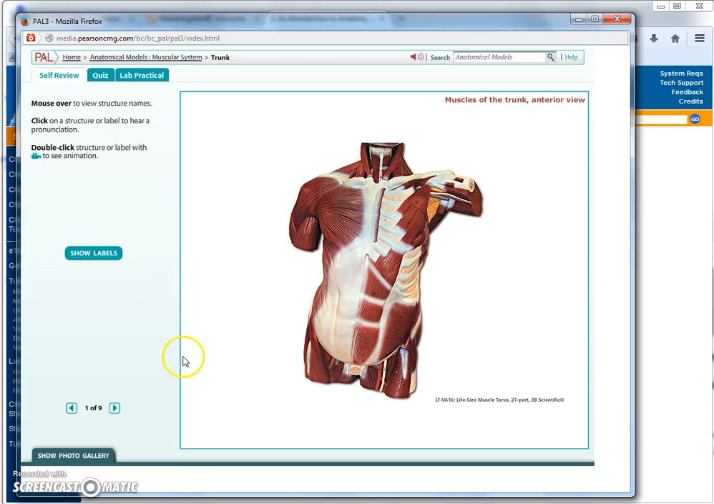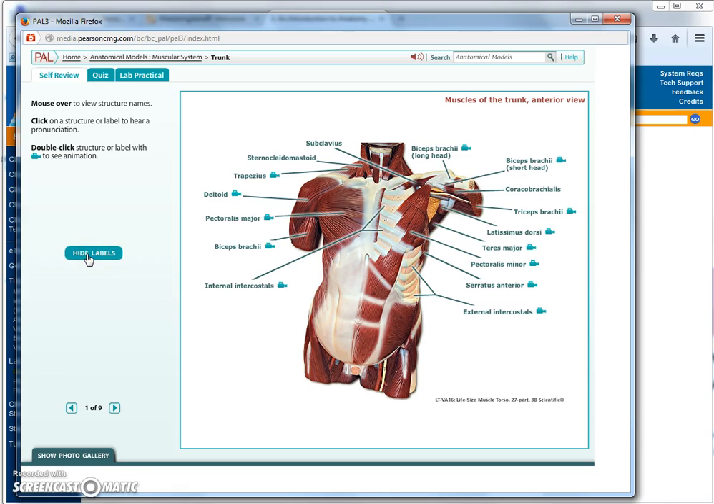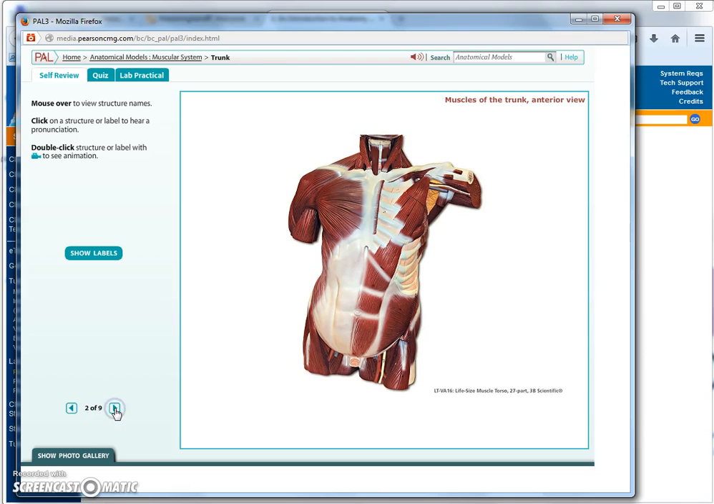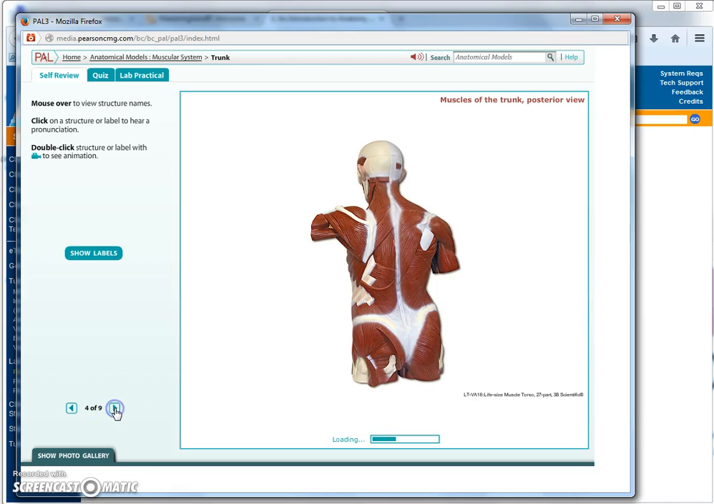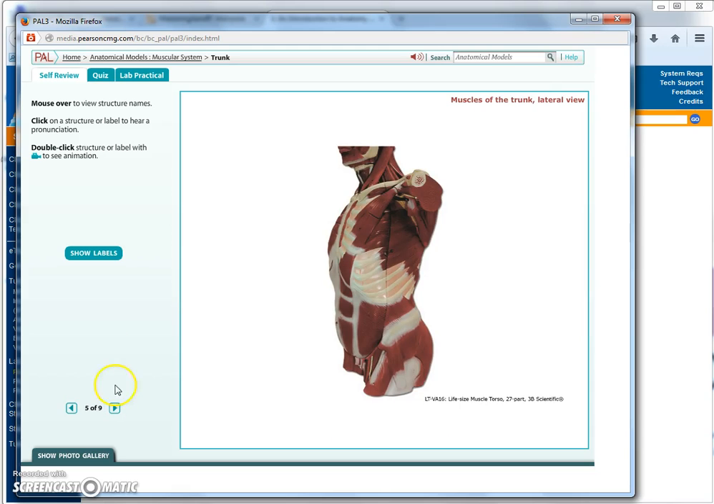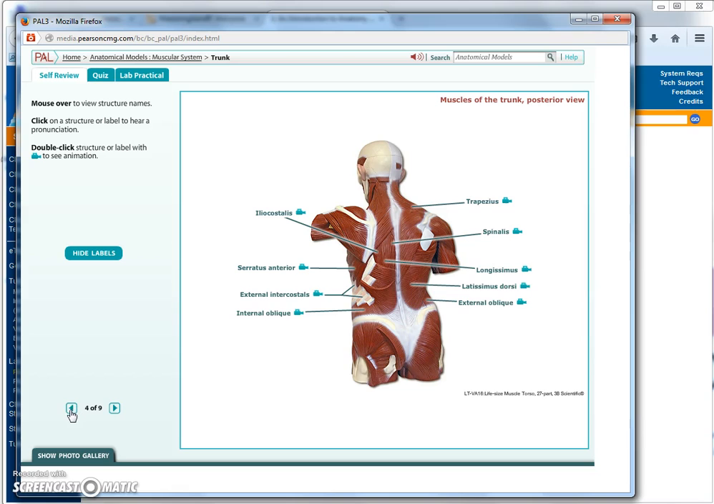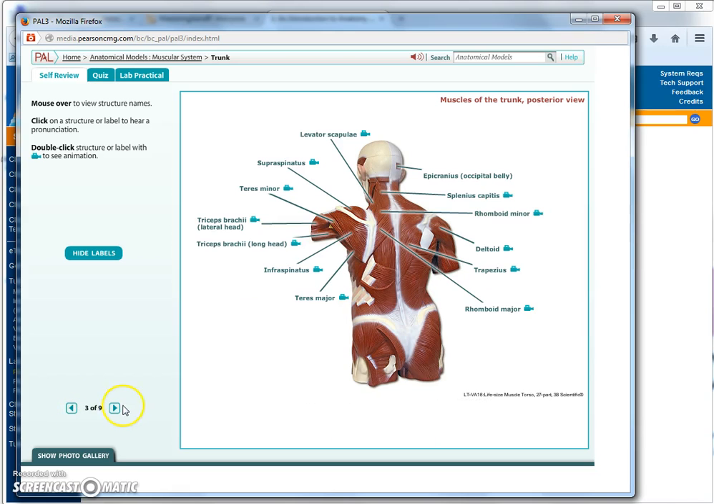And so we have a model here of a trunk. Again, you can either show labels or not. And I can see that I have 9 pictures in this area. And if I show labels, even though this picture and this picture look exactly the same,